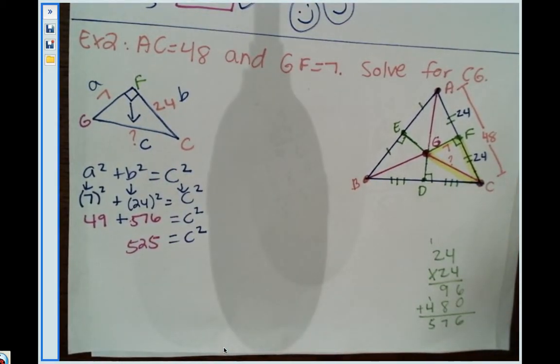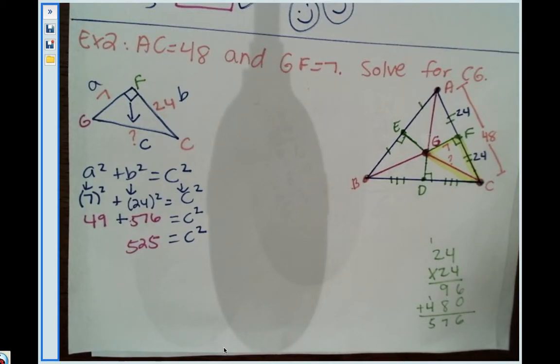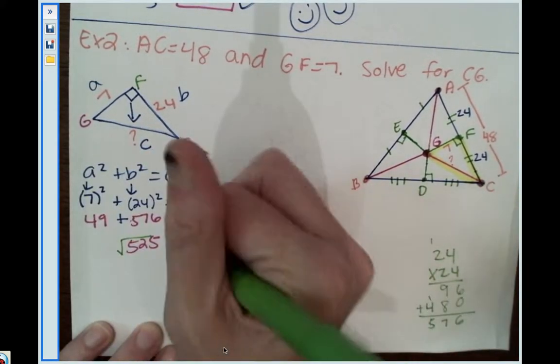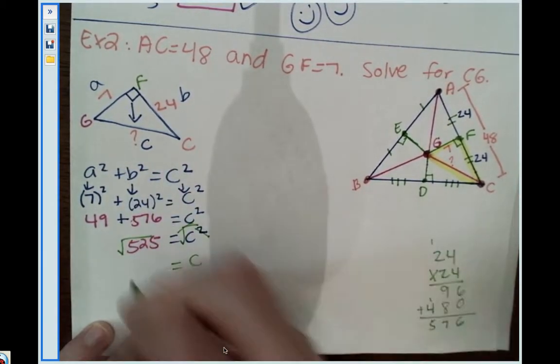All right, you guys, and how do we undo a square? We do, in fact, square root that thing, and I'm going to square root it on both sides. Bam! And bam. Which the square root will cancel out the squared, so I'm left with C equals, now,